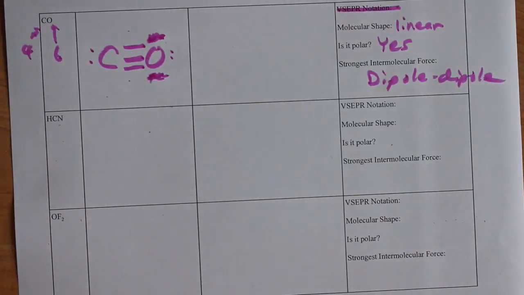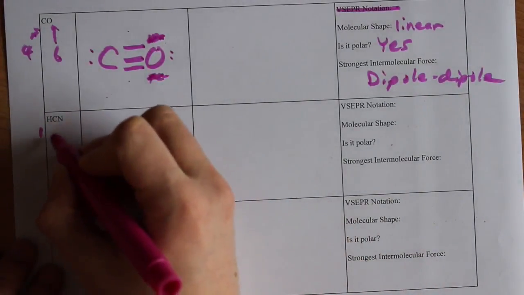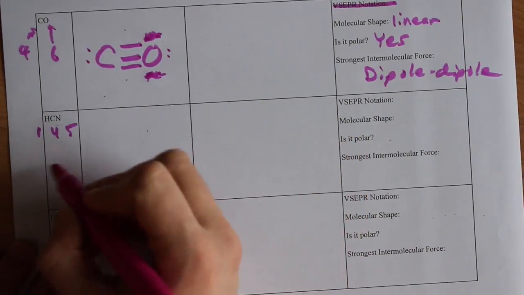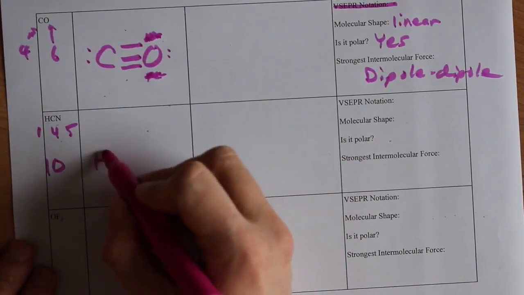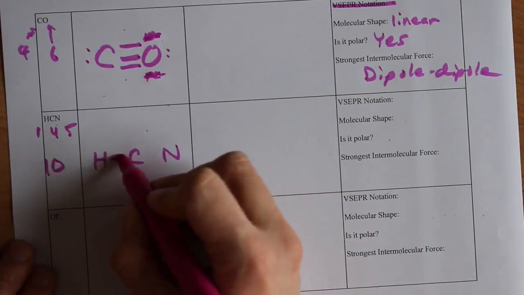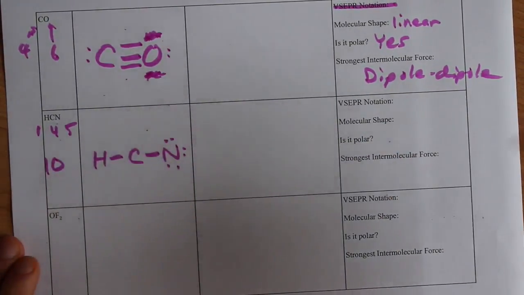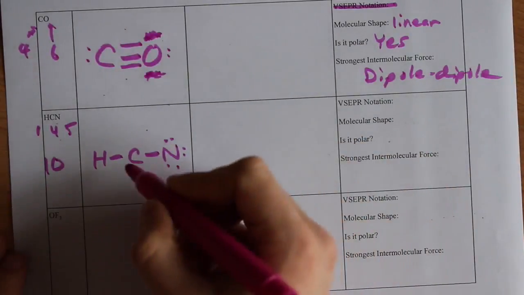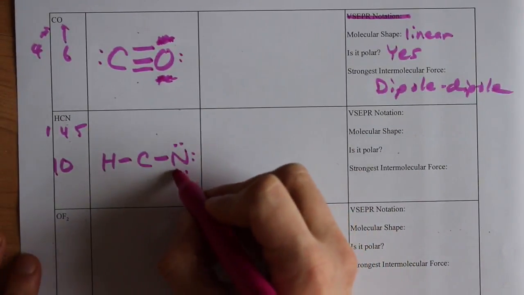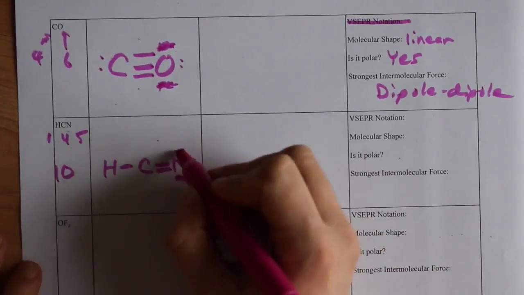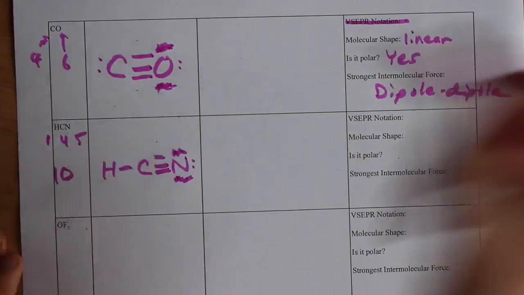Yes. HCN. H brings 1, carbon brings 4, nitrogen brings 5. That makes 10 total. HCN, 2, 4 electrons, 6, 8, 10. That's it. Although carbon doesn't have a full octet. So we'll move that lone pair in here, we'll move that lone pair in here, and now we have the